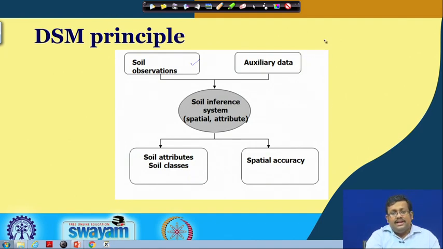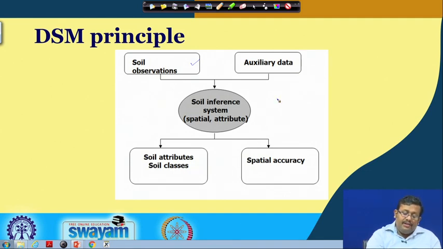So, this auxiliary data can be any data like relief data, it can be bioclimatic variables like rainfall, and then thousands and thousands of different types of data is available. For example, if you want to add the spectral reflectance values which you gathered from a diffuse reflectance spectrometer, that can also be used as auxiliary data. So, apart from this real soil data, we will add these auxiliary data as predictors in these spatial inference